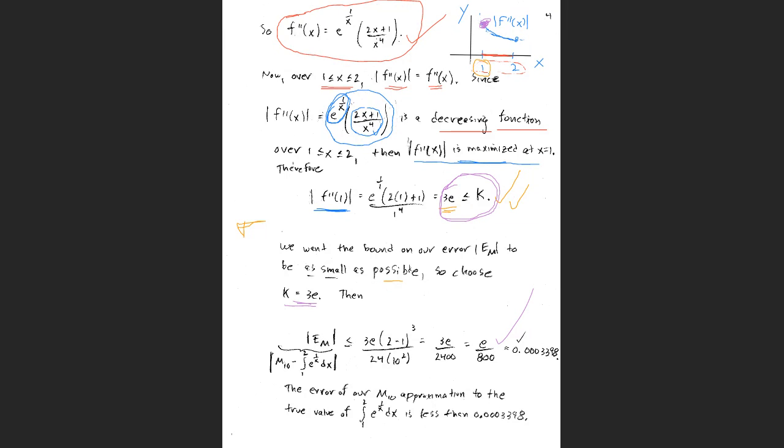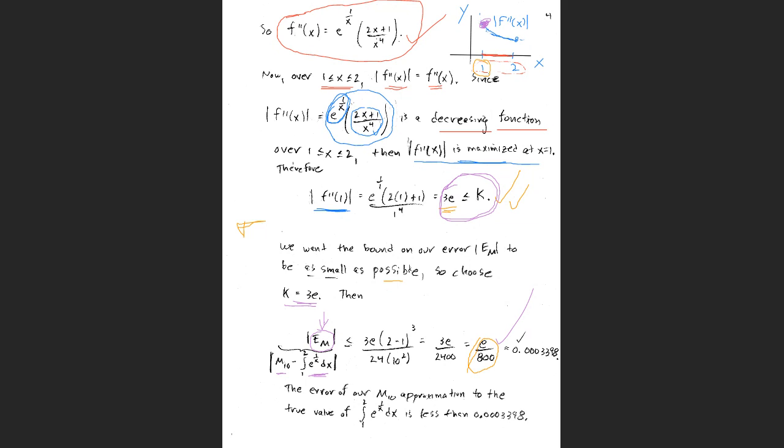So the bound on your error, the absolute value of your error, approximating our integral using the midpoint rule based on 10 subintervals, the difference between that approximation and the true value of the integral, which no one will ever know, that error is assured to be less than or equal to e over 800,